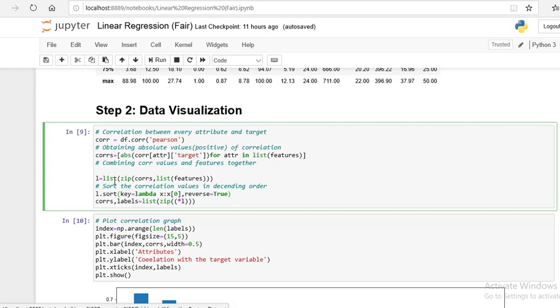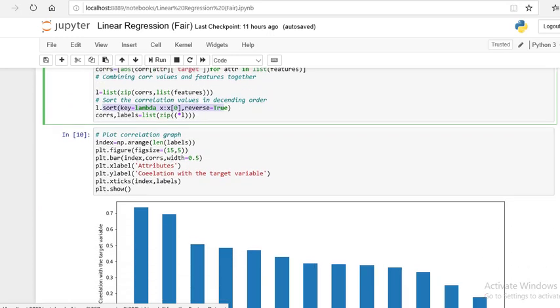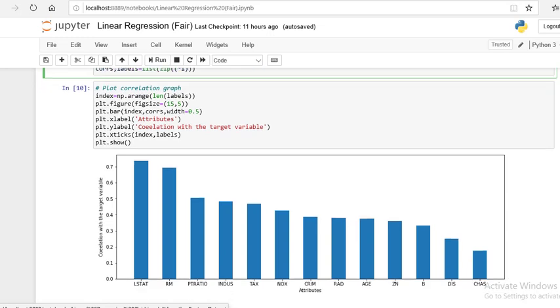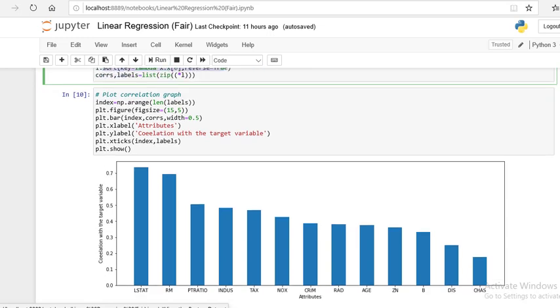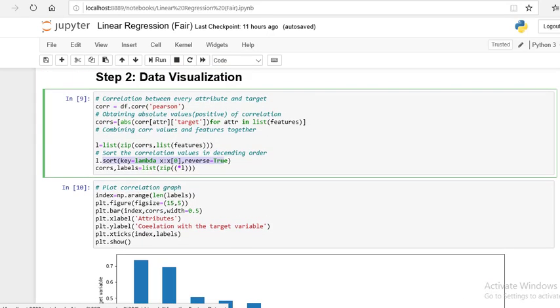Using sort, you can arrange the sorting order, and you can also define the label for how to plot the correlation graph. This is the correlation graph. From this graph, you can easily identify the correlation values. The feature LSTAT has the highest correlation. These two pieces of code are related to correlations.